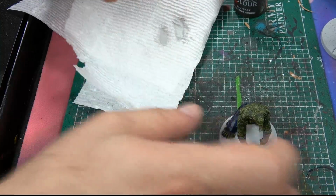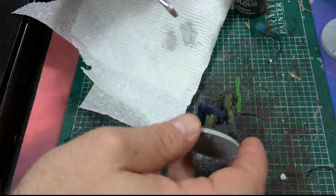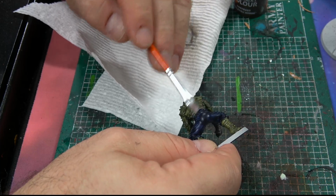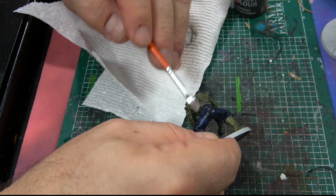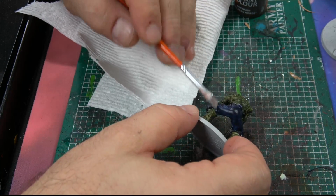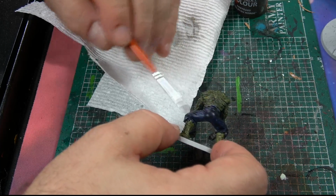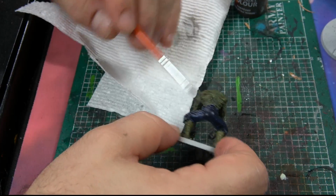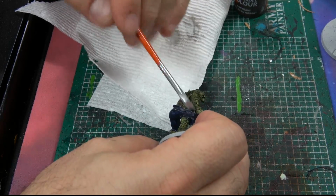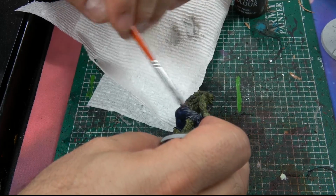Now, these pants here, you know, just too dark. And this little bit of gray is going to help us a little bit here, by just bringing out a little bit of detail. All we want to do is catch the edges here very lightly. We want to bring some depth, because nothing is just one color in this world. There are lights, there are shadows, there are all these things that come together in life and make things, you know,